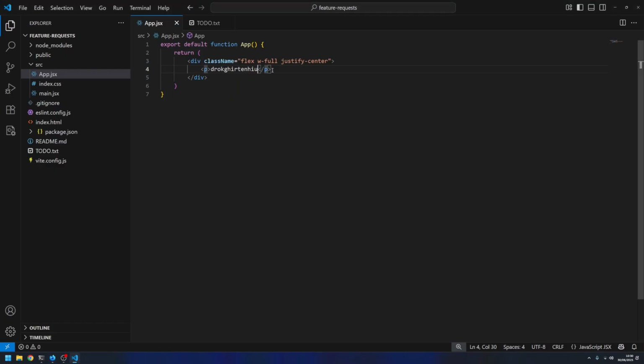There we go. It's in the middle. So very cool. Then we can add another div, and we can specify. So we kind of want it to be a fixed size. If we don't do that, then it'll be in the middle, but basically what we want to do is fill out a certain bit of space, so that when we say width full, it won't just fill the entire website, but it'll fill from like,